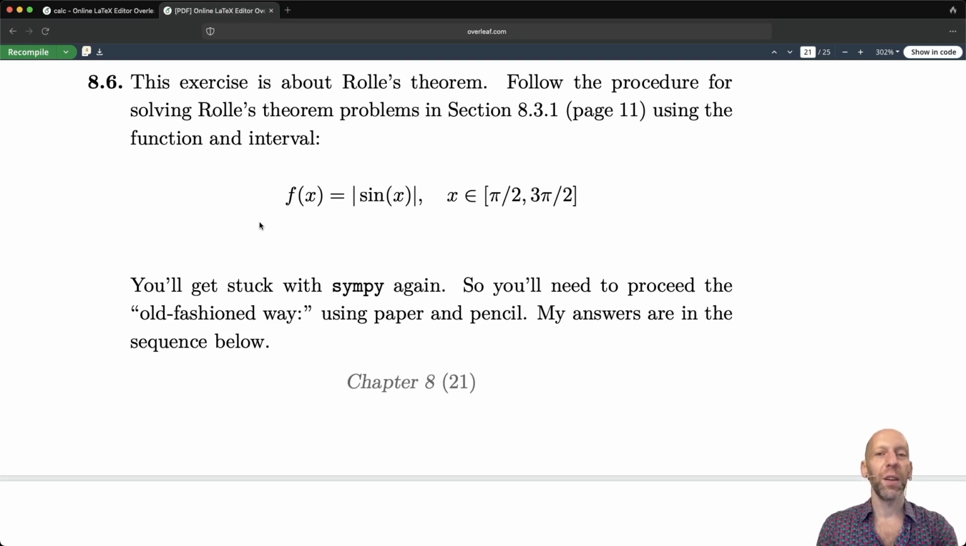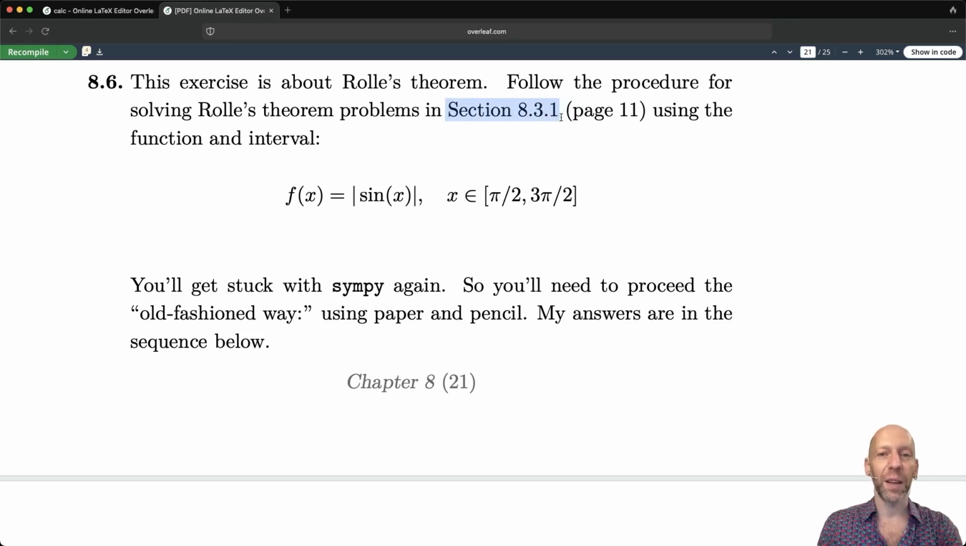Okay, so here is the math function to solve. It's just the absolute value of sine, pretty straightforward. At least it's simple to write out in math. In this interval, the interval from pi over 2 to 3 pi over 2. Now, what you want to do is basically write SymPy code to follow through the steps for solving Rolle's theorem